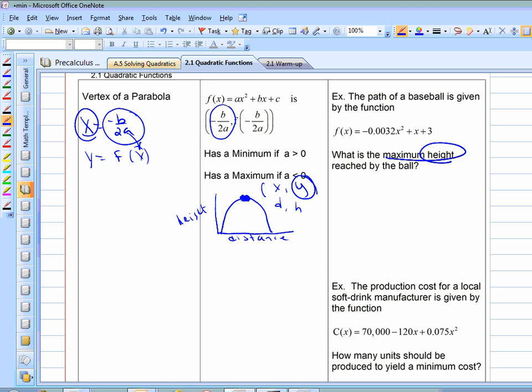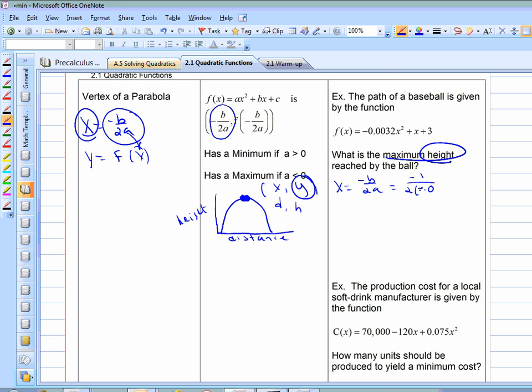Well, with this particular problem, since these numbers are not really pretty, completing the square would probably not be a preferable option to get it into vertex form. So we would rely on the old way: we have to find the axis of symmetry, or the x value, first. So x equals -b over 2a. And in this case, that would be -1 over 2 times